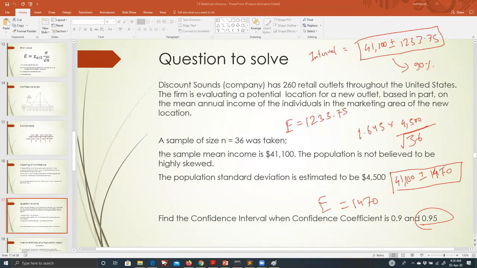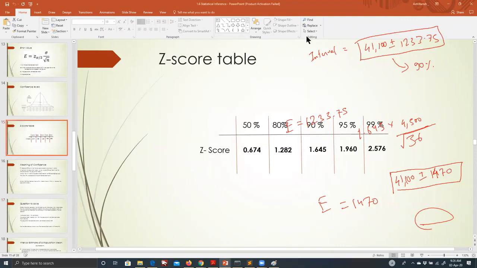I'm sorry, there's some slight confusion. It's just about calculation, but I just want to make sure. The value you showed in the table for 0.95 is 2.576 for the z-score. Let me just go there. That is 1.96 for the 95. Oh, I'm so sorry. Okay, that's fine. Thank you.